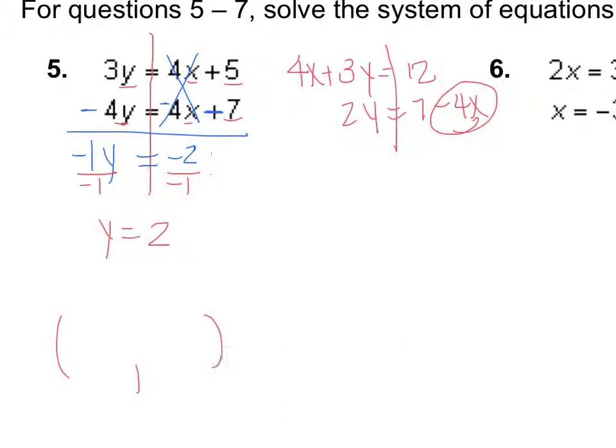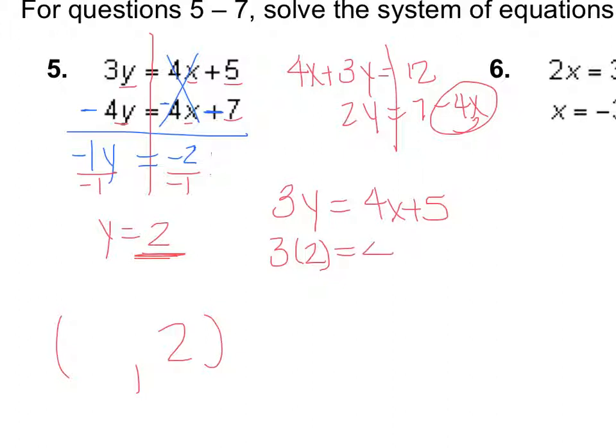So as far as my answer goes, in an ordered pair, we know the y value is going to be positive 2. And now I just have to solve for x. So I'm going to substitute that back in. Doesn't matter which equation we use. I'm going to use the first one. So 3y equals 4x plus 5. Instead of y, I'm going to put in 2 because that's what I got when I solved. So 3 times 2 equals 4x plus 5. 3 times 2 is 6